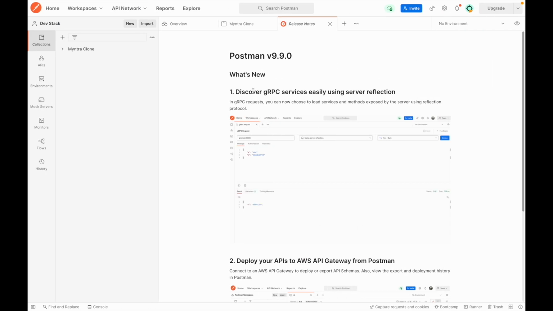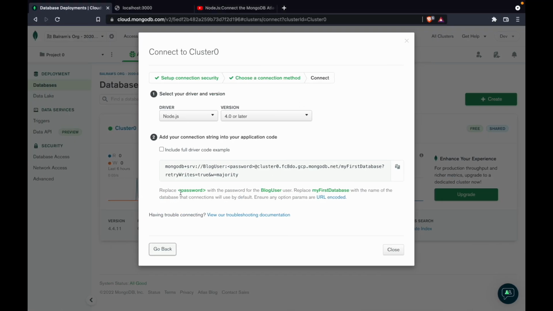So if you go here, you will find a description to replace the password with the password of your login credential, okay. Or at the time of creating this cluster, you provided some password, so you have to replace that thing with this, okay.